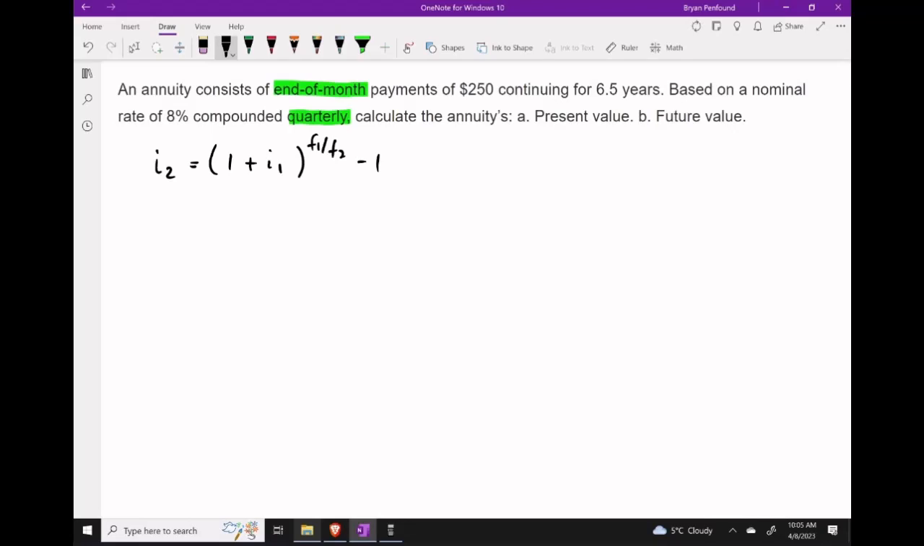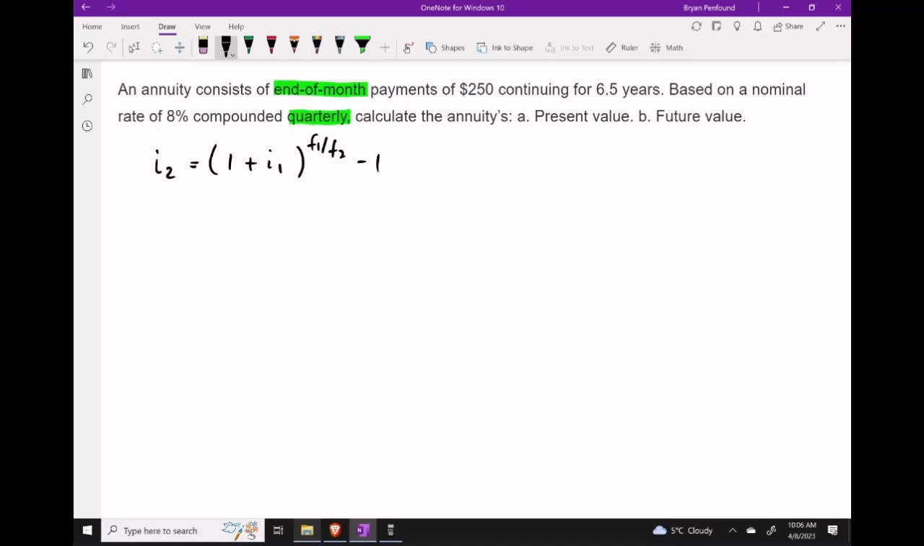Now, the first thing we want to figure out here is what kind of annuity structure we're working with. We have end-of-payment period payments, which means we have an ordinary annuity. However, we have payments happening at the end of the month, whereas the compounding frequency is quarterly. Since those frequency numbers aren't the same, this is a general annuity, which means we're going to have to